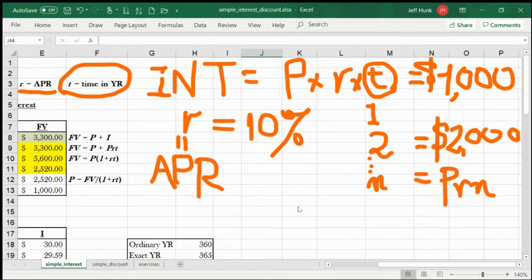Makes sense? So no interest rate is quoted in any other way, but just always as APR, right? Makes sense? Now, second,